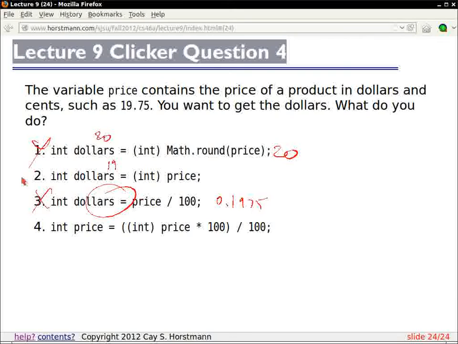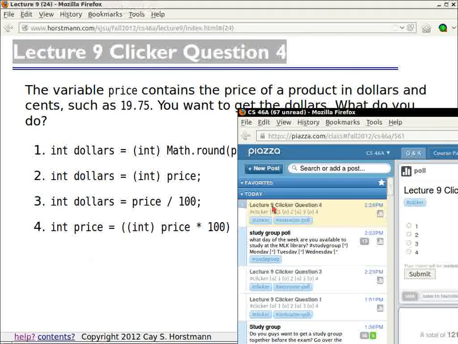I'm taking the price, so this would be 19. I multiply by 100, that would be 1900. I divide by 100, that's again 19. So it gives me the right answer. But it doesn't seem like the best way of doing it, right? There's no particular reason to multiply and divide. But it's not wrong. So if someone answered that, we can't fault them for it. Let's see what people did answer.